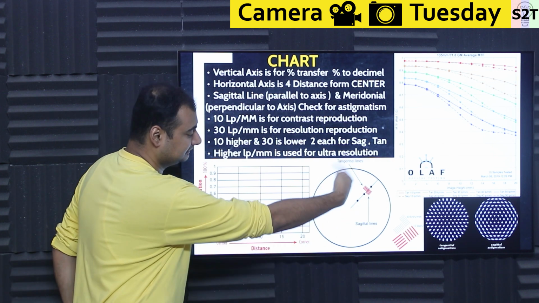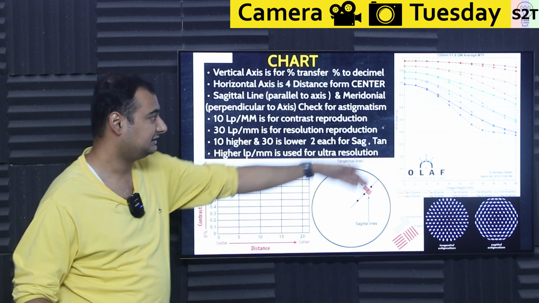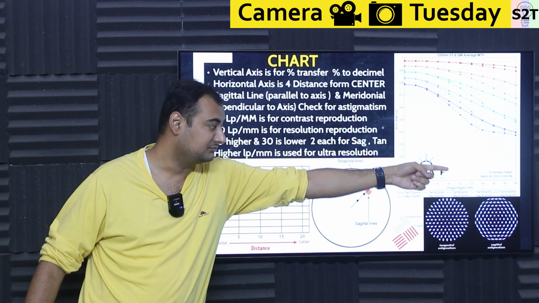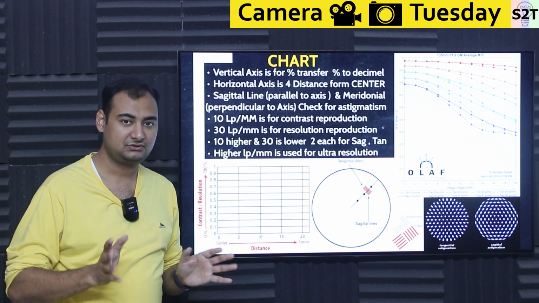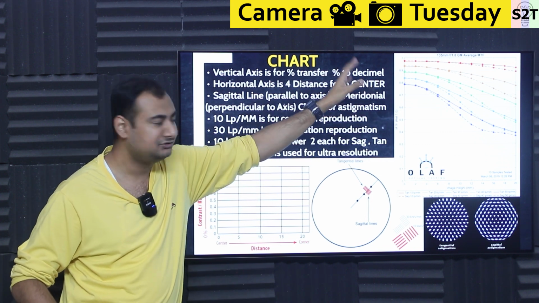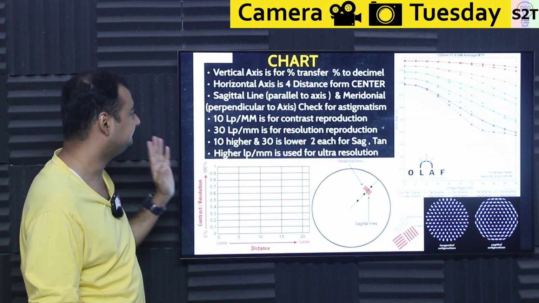And this is how the lines are designed, from center to edge. So this is the axis that tells you how much transfer happened in terms of percentage. This, from 0 to 25 millimeter, is the edge part. So this gives you two axes in the graph. Now, what are these lines? I'm telling you percentage, but what about the lines? What does that line mean?